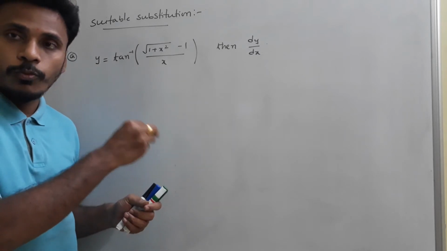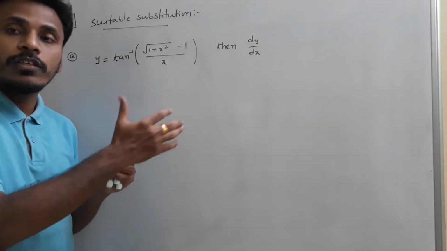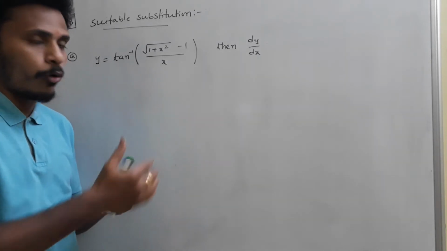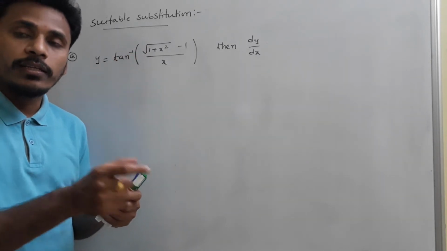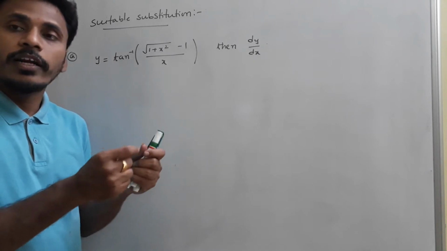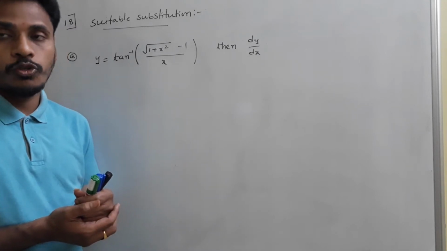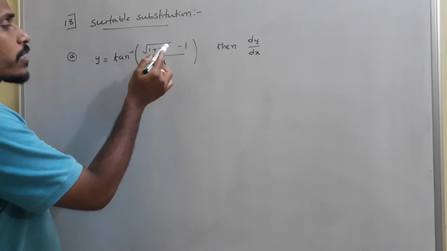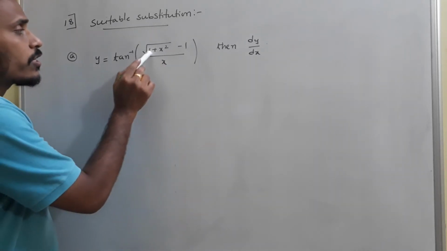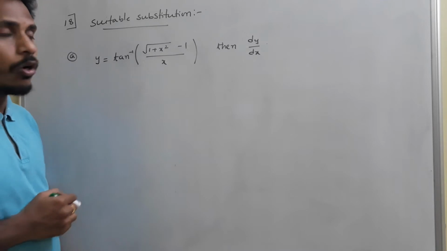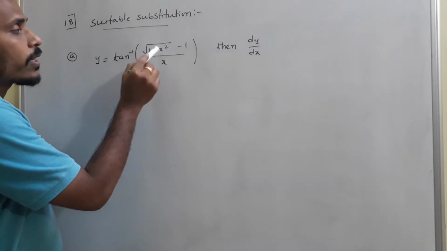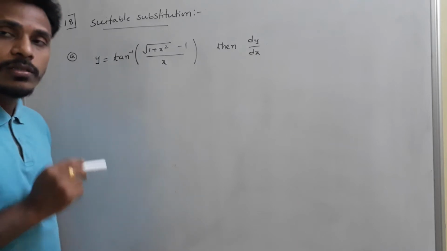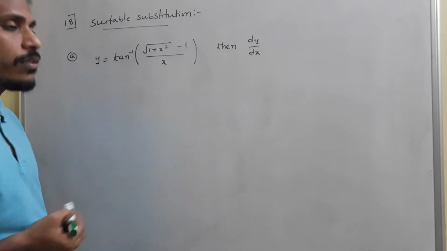So here our first observation should be to find the suitable substitution. Initially I will discuss a few problems, and at the end of 2-3 problems, I will give you a list related to the suitable substitutions. Right. First of all, have a look here. Root of 1 plus x square is involved. Since root of 1 plus x square is involved, see what is the suitable substitution for x to remove this tan inverse and to find the derivative easily.